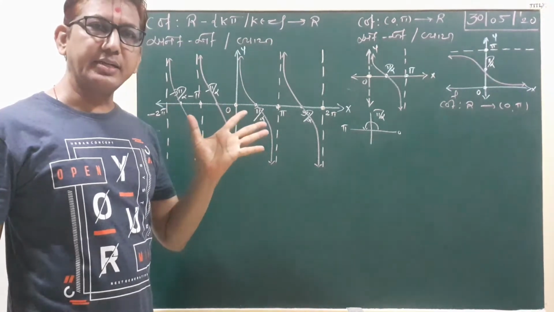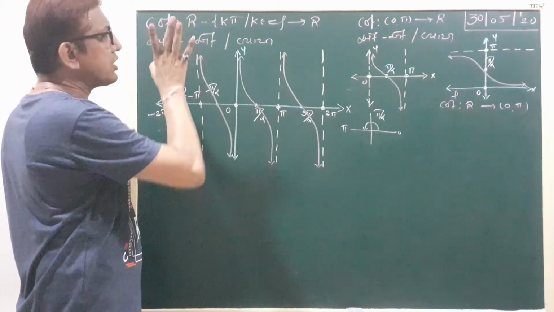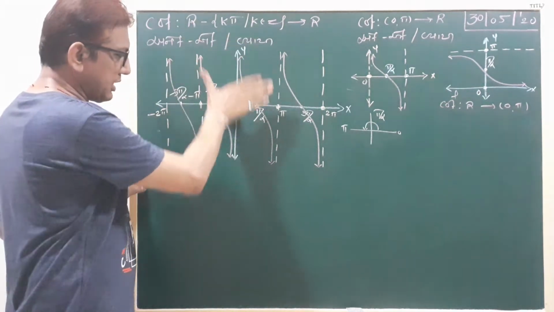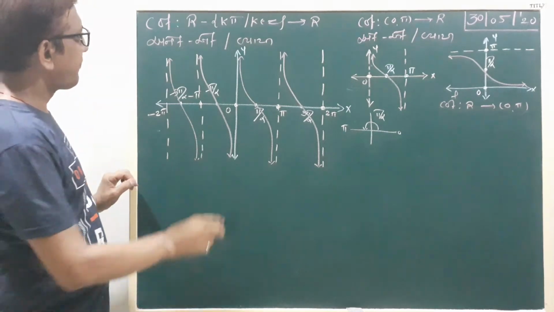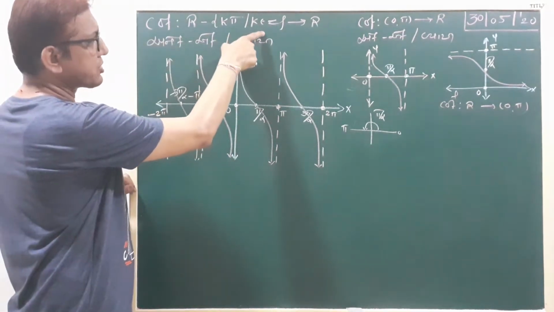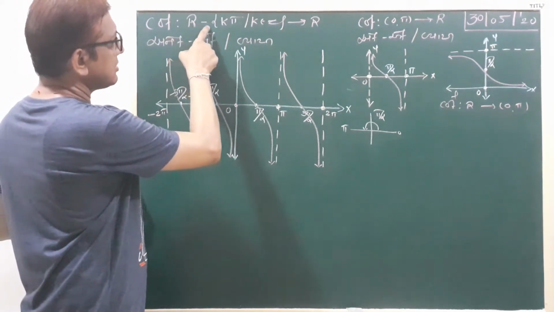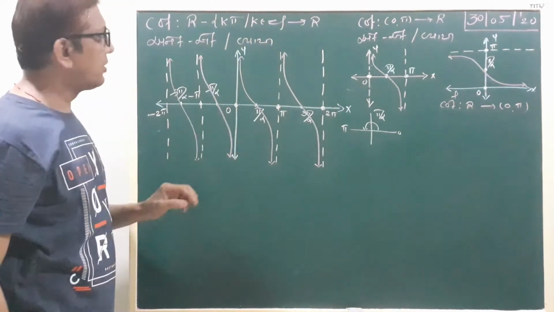In the last two video lectures we have completed the first three functions: sine inverse, cos inverse and tan inverse. Now in this video lecture we are discussing the cot function and the cot inverse function. Here we draw the graph on the board. Look here. In 11th standard we have already studied this cot function. Cot is a function from R minus the set of k pi, such that k belongs to Z, to R.